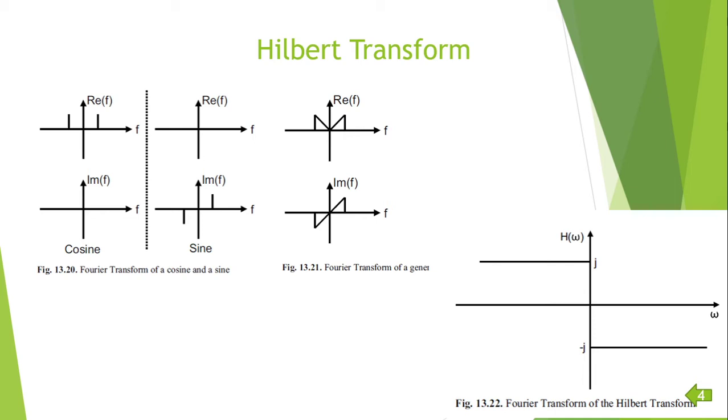So let's start with the sine and cosine signal. At the time t of 0, the sine signal has a value 0 and the cosine signal has a value 1. The sine signal is shifted 90 degree relative to the cosine signal. That is, it leads the cosine signal by 90 degree. We will see later that the sine signal is a Hilbert transform of the cosine signal. Last we will come to know that.